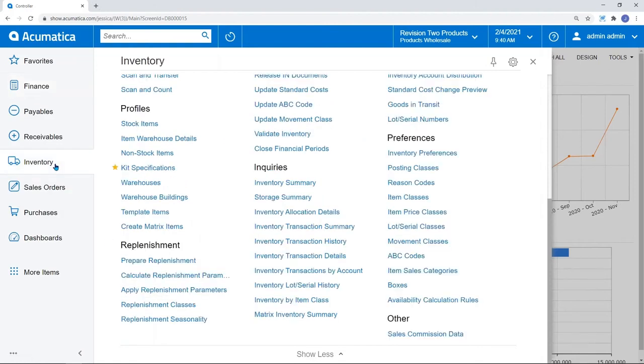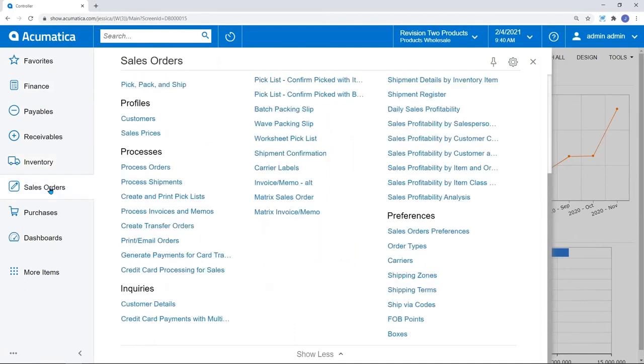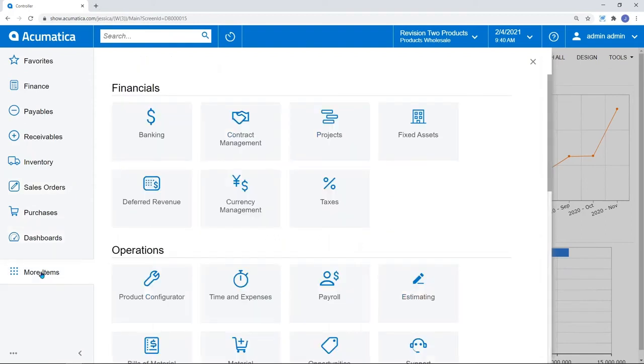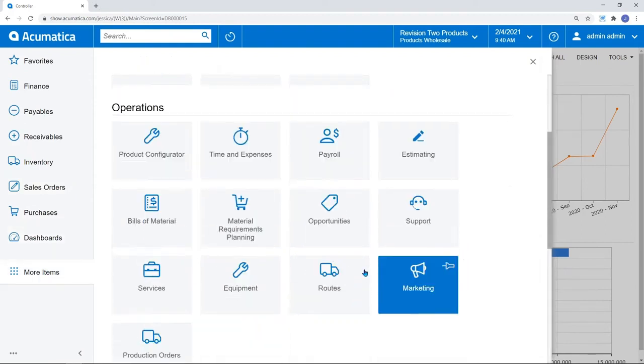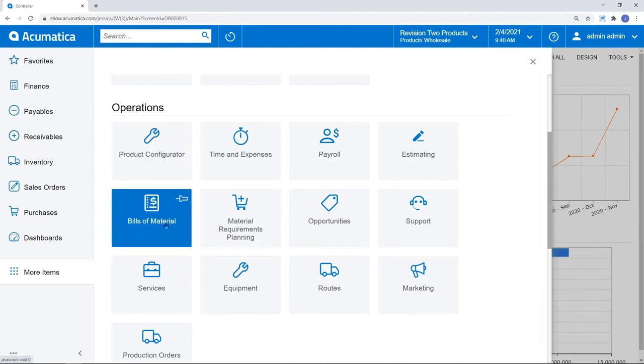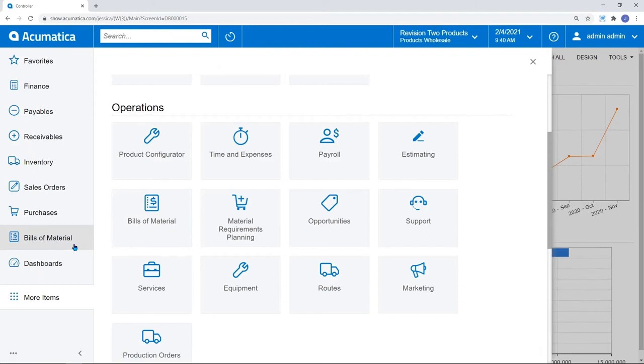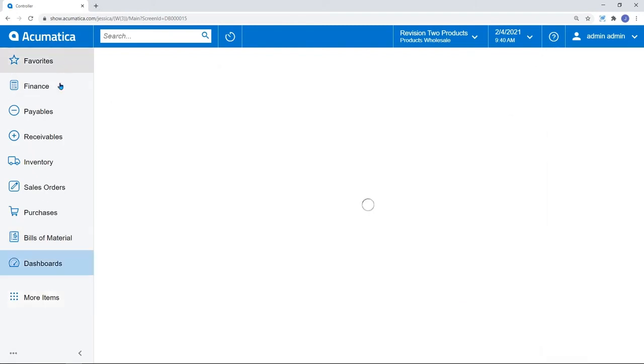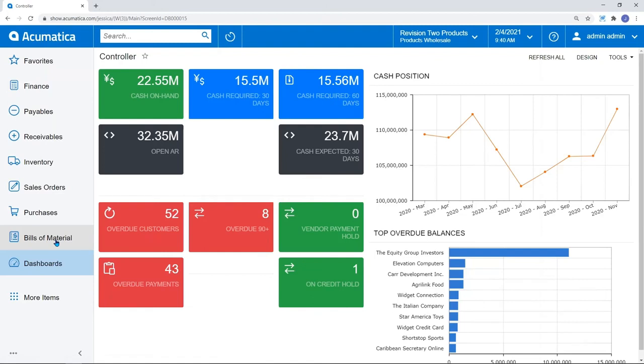So if you manage inventory and you manage orders, if you're a distribution company, if you're a manufacturer who manages bills of materials and you configure products, we have that manufacturing functionality available for you to add on to the system. So you don't need to use the things that are not part of your business. But when we talk about flexibility and scalability, those are the things that make us able to allow our customers to flex and scale and grow. We want you to be able to start small and grow big.